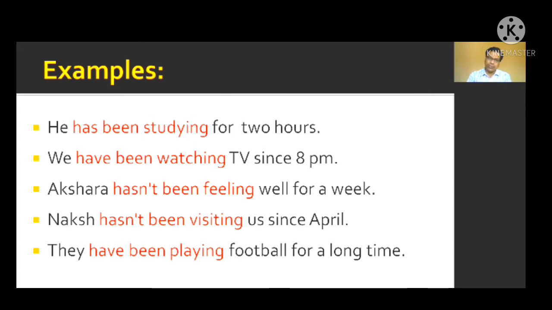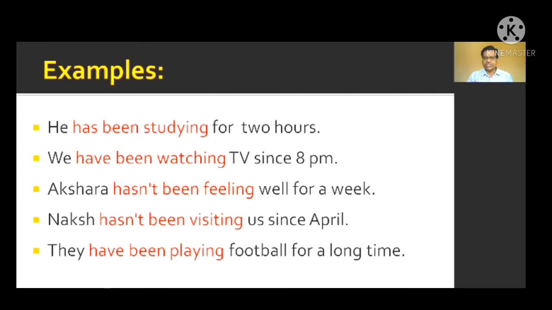And the main verb, that is study, is provided with ing suffix. That's why it is called progressive. It is called continuous. And that's why this sentence has become present because of have, has, perfect because of been, and progressive, that is continuous, because of studying. And that's why all these sentences which are flashed on your screen are in present perfect continuous tense. Let us look at other sentences over here.